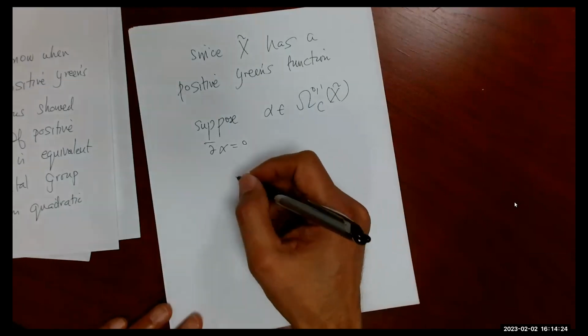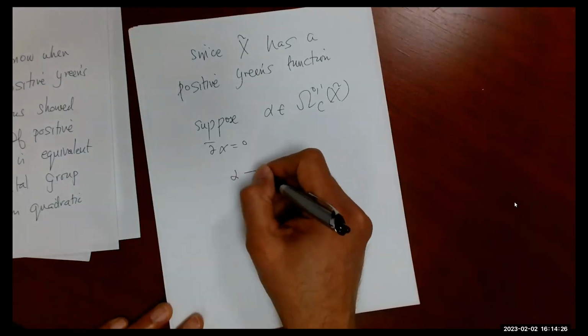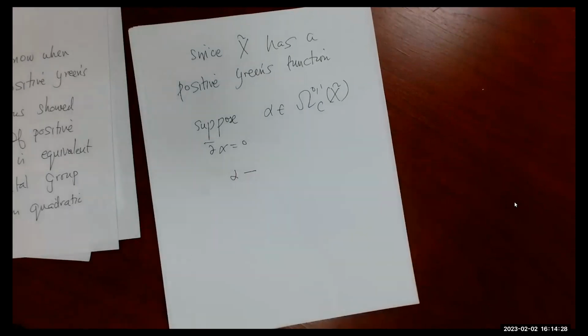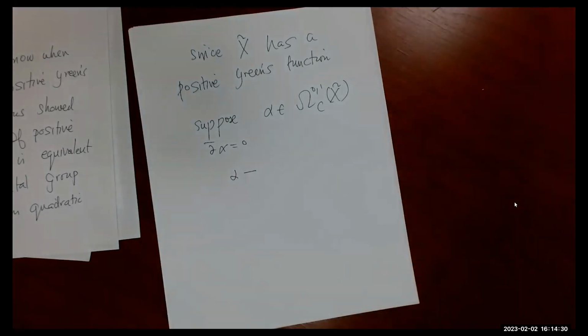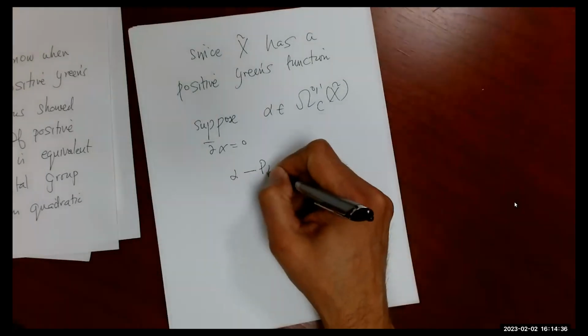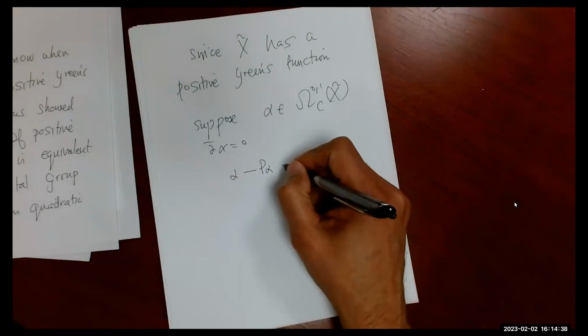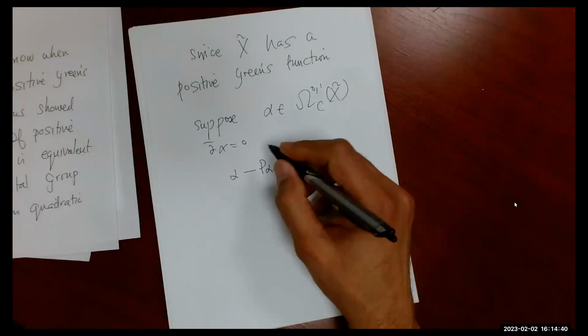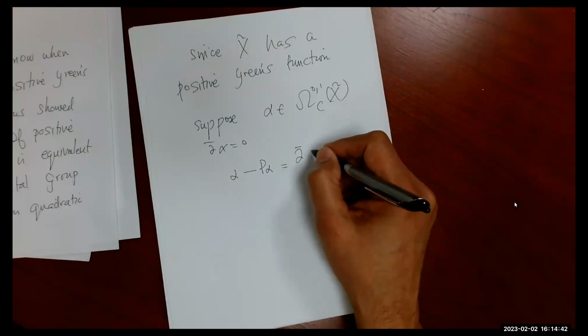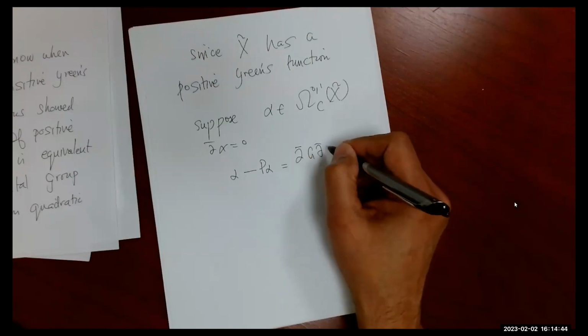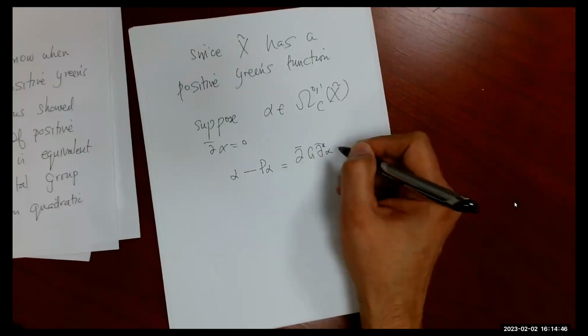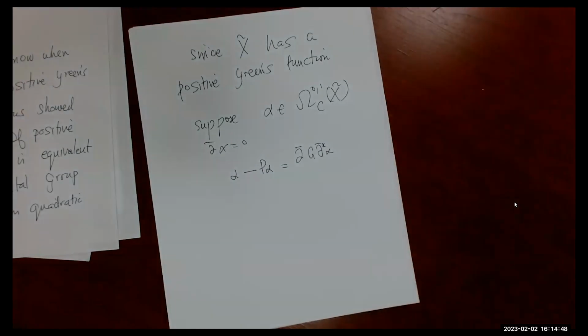So what you try and do is, you look at alpha and you subtract off the harmonic projection. So this is the stuff essentially due to Kodaira. So this is the harmonic projection. Then the existence of the Green's function will tell you that you can solve the equation up to some scalar factors, which I won't worry about. So you just solve this equation.